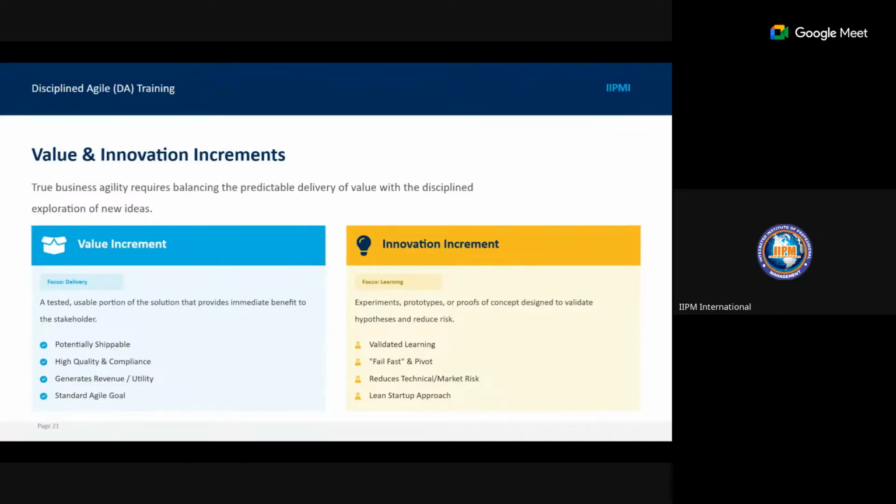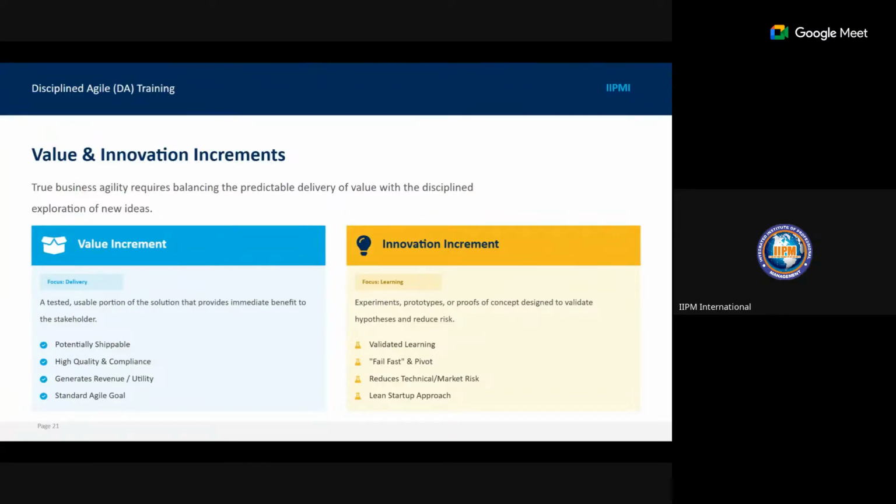So in value and innovation increments, true business agility requires balancing the predictable delivery of value with the disciplined exploration of new ideas. The value increment here has the focus of delivery: a tested, usable portion of the solution that provides immediate benefits to the stakeholders.